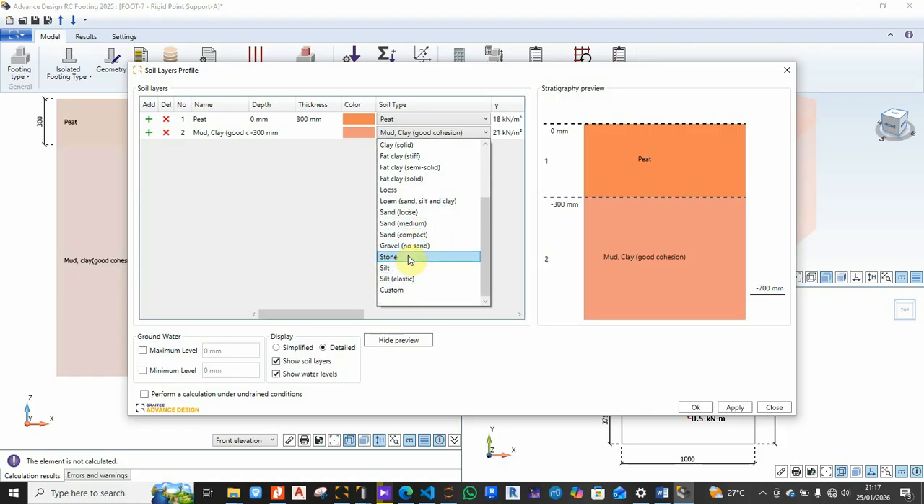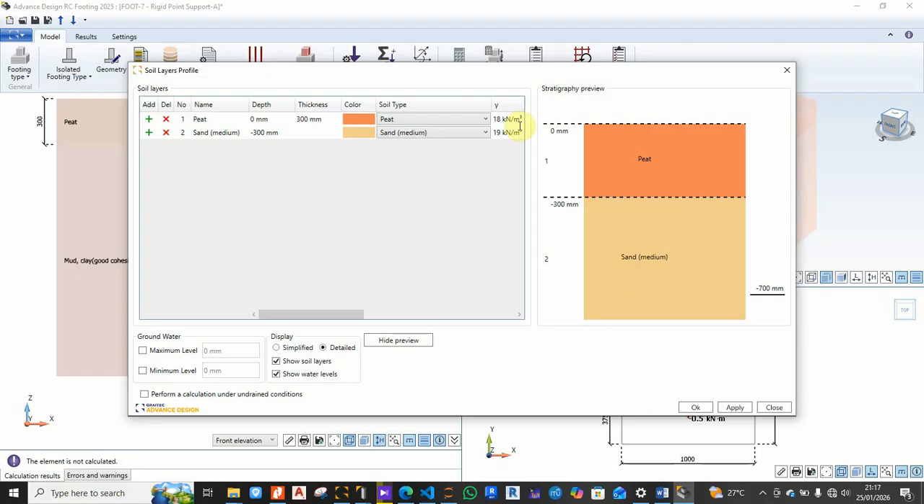Let me just say medium sand, like this. Yeah, you can see the density has changed. So I will do another video. We'll see how we can take into consideration this water level and all of that. Okay,